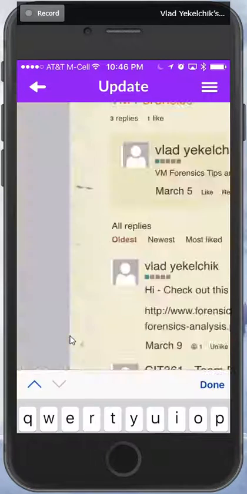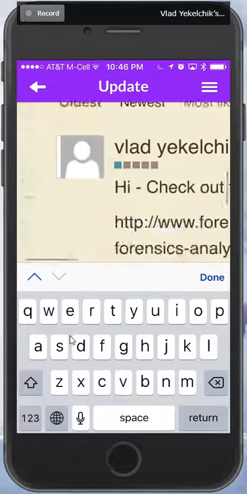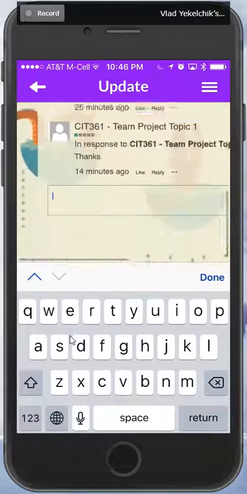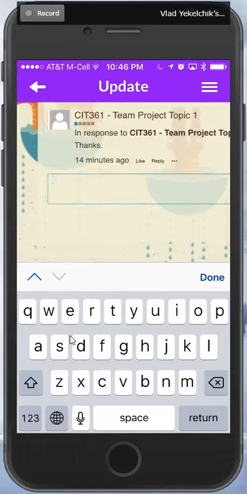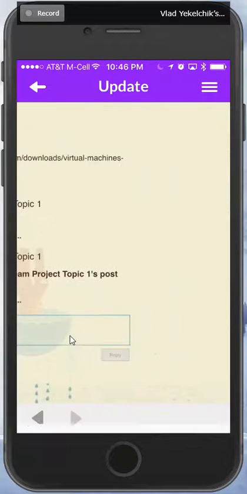One can add a reply and type in, this is excellent information. Click on reply,